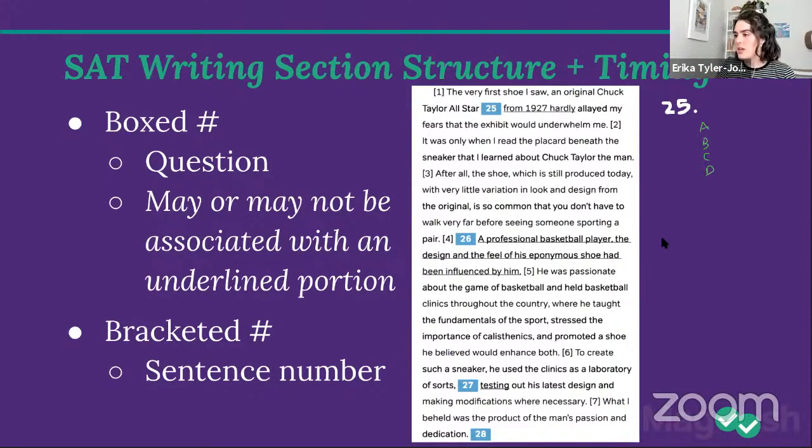We see a very similar thing here with 26. So we would have a question next to 26, again, with answer choices. Again, down here for 27, you would see the question 27 right next to it. And then 28 is kind of interesting. So once again, with 28, we'd have question 28 right next to it, but you'll notice that question 28 doesn't have an underlined portion next to it, whereas 25 has an underlined portion, 26 has an underlined portion, 27 has an underlined portion. When you see that there's a box number that doesn't have an underlined portion, it's going to deal with what comes before.